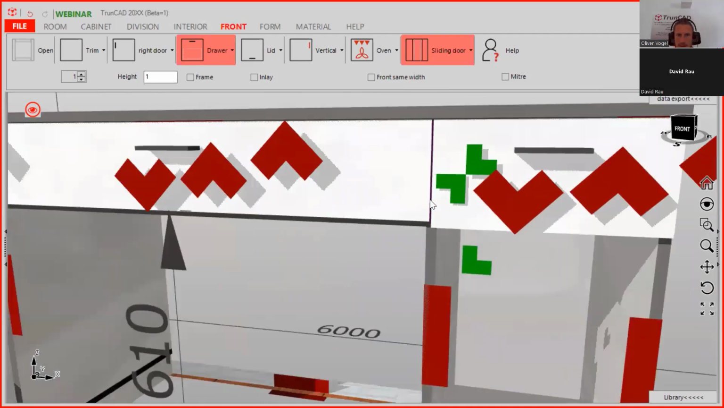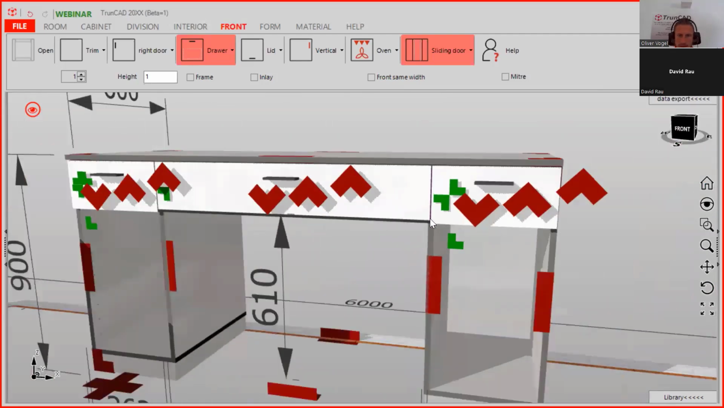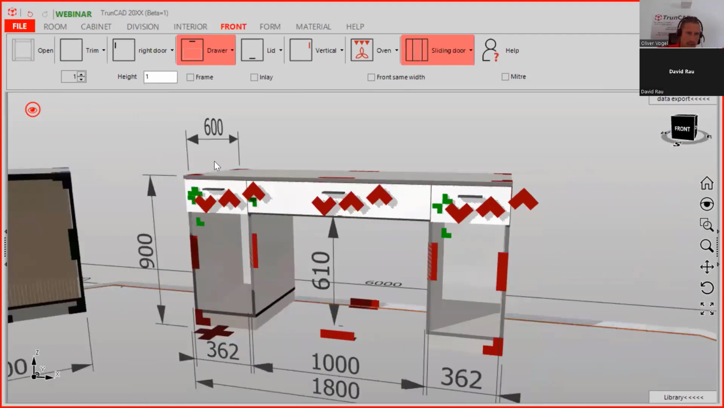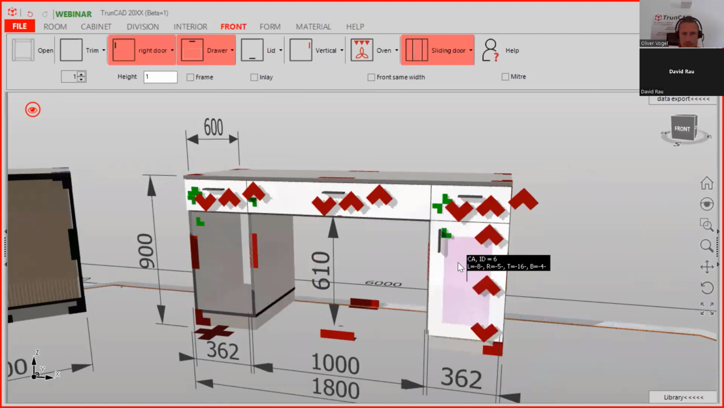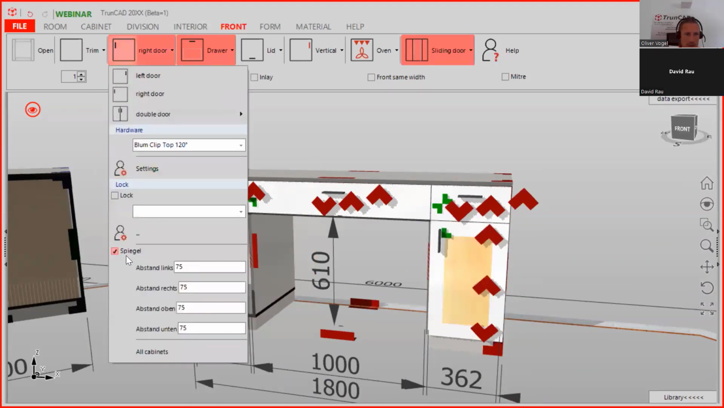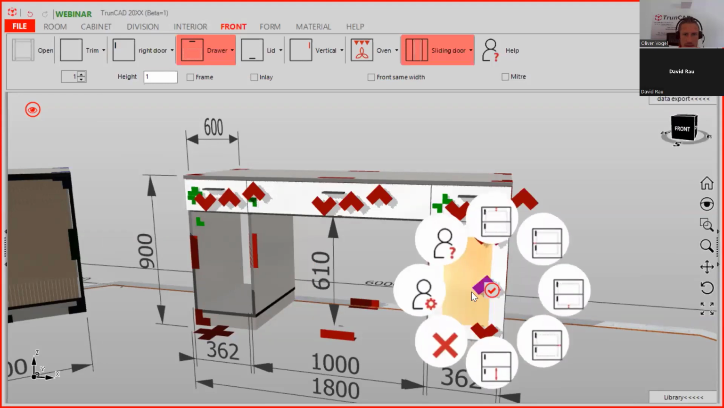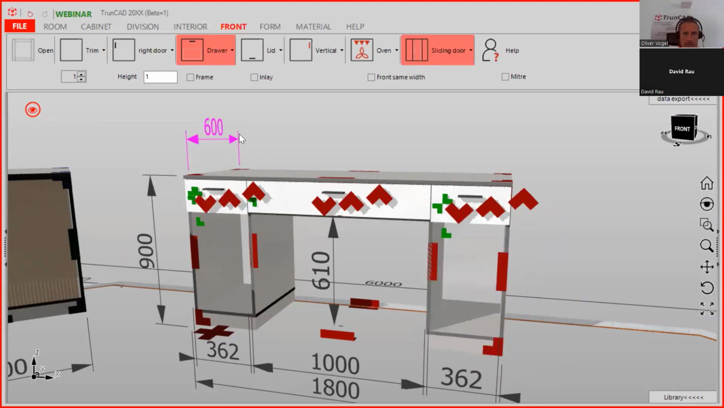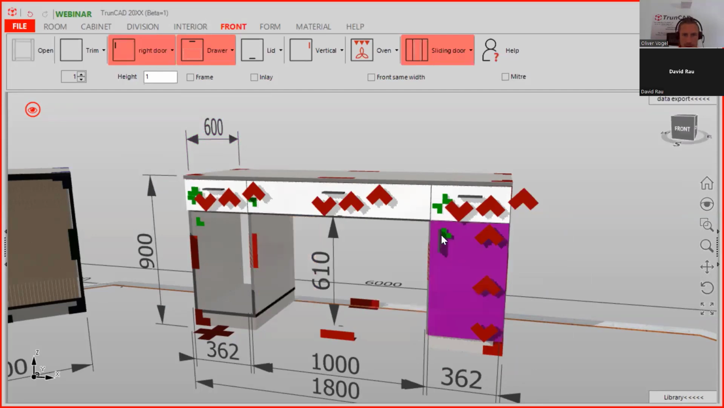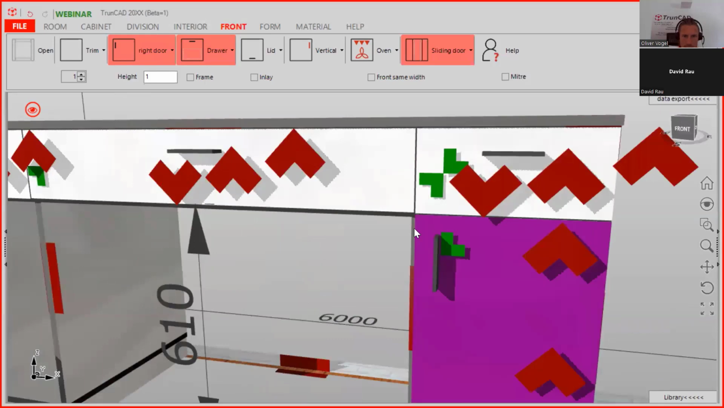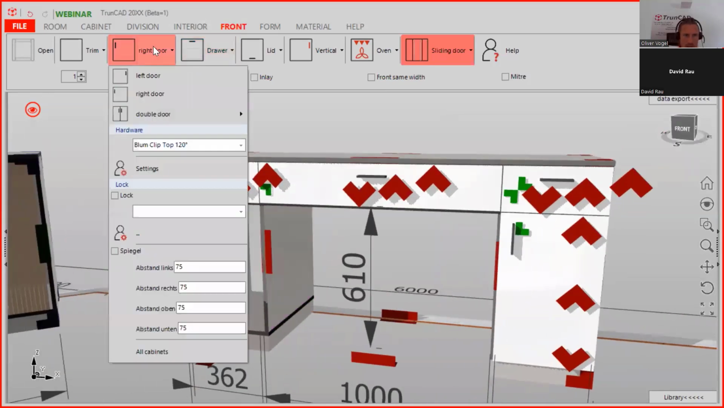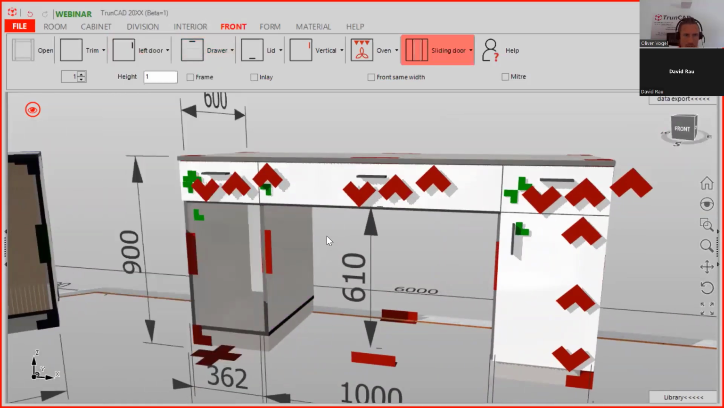So now you see there's a gap, but we want to add a right door as well. We just drag and drop it in this area. I don't want to have a mirror here. We need to deactivate the mirror and delete it again. And what you see here, it's changing. Here we want to add the left door